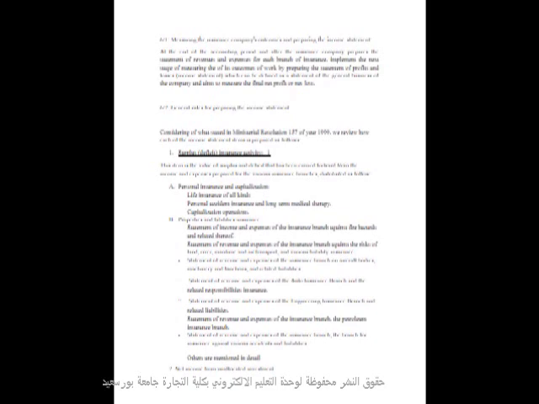Number 3, statement of revenue and expense of insurance branch for aircraft. Number 4, statement of revenue and expense for auto insurance or car insurance. Number 6, statement of revenue and expense of engineering insurance. Number 7, statement of revenue and expense of insurance branch for petroleum insurance. And finally, statement of revenue and expense of insurance branch for various accidents and liabilities.